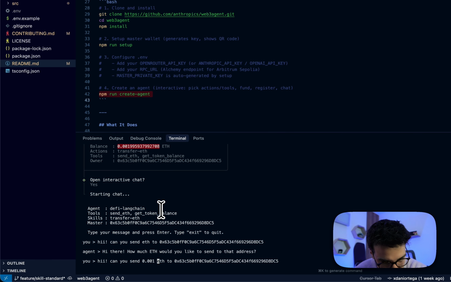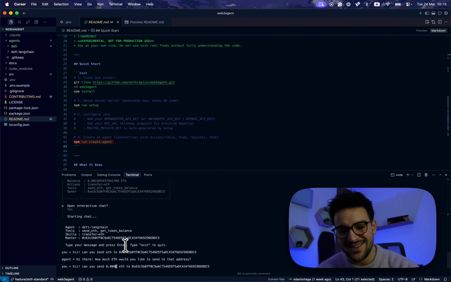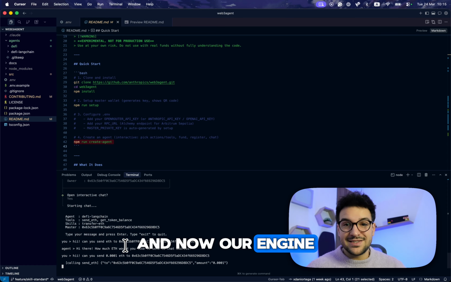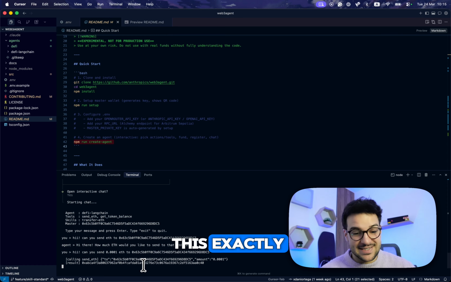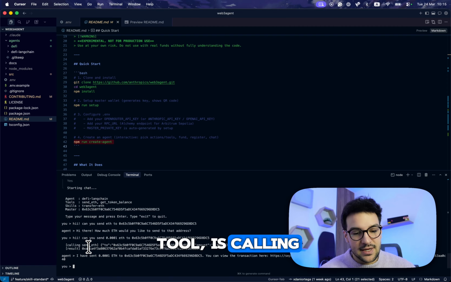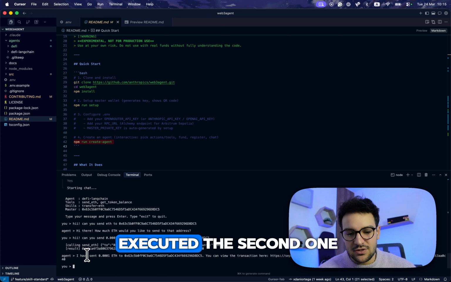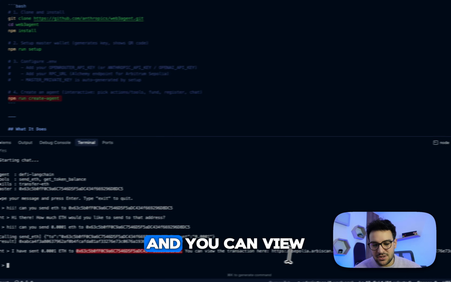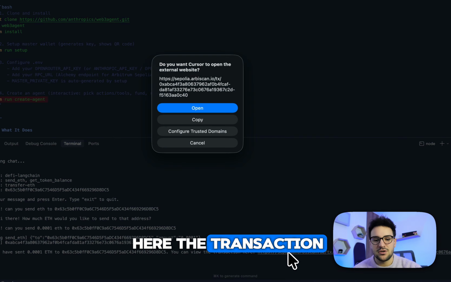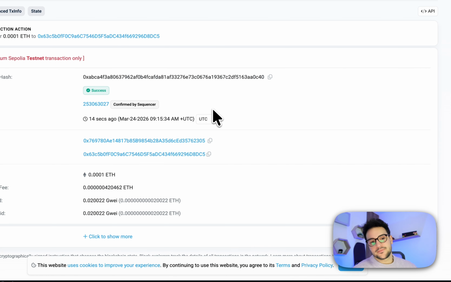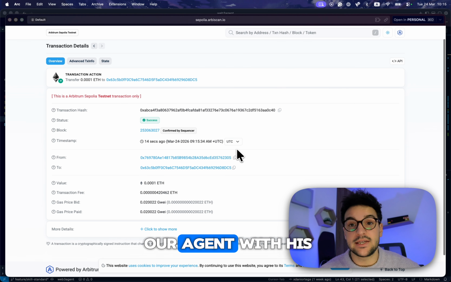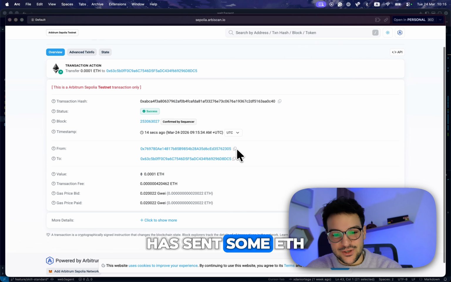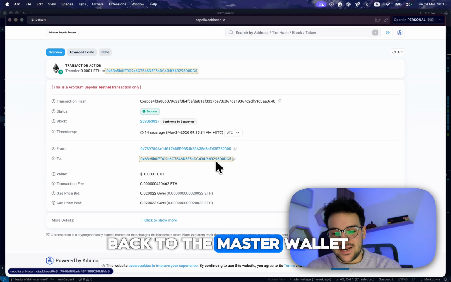And now our engine, our LLM, will understand this. Exactly, it has called the first tool, send ETH, and then it has executed the second one. So I have sent 0.0001 ETH to this address, and you can view the transaction here. If we actually open it, we can see how our agent, with its own wallet, has sent some ETH back to the master wallet.